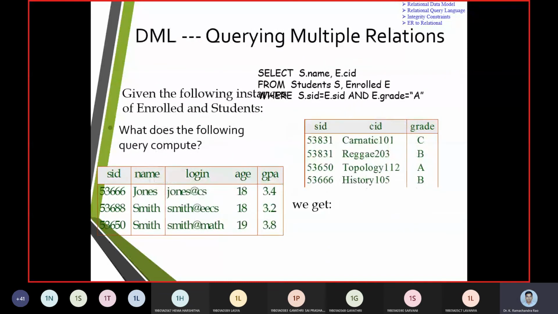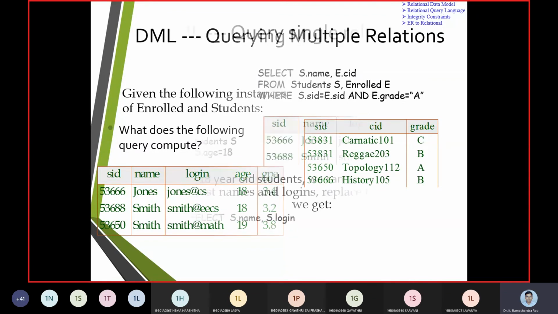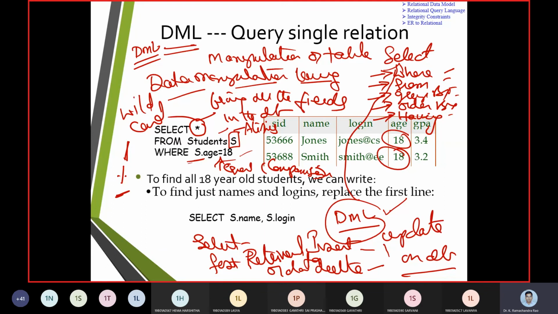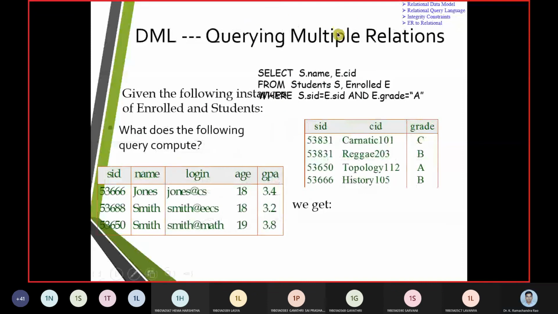Next one. The previous example was about the data manipulation language for a single table. We worked only with single table operations. But now let us talk about multiple table operations.